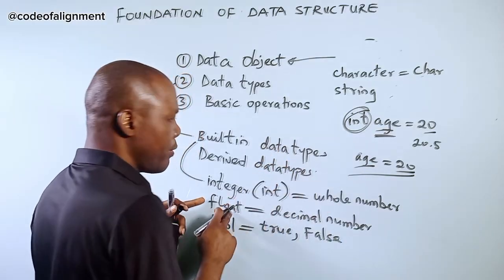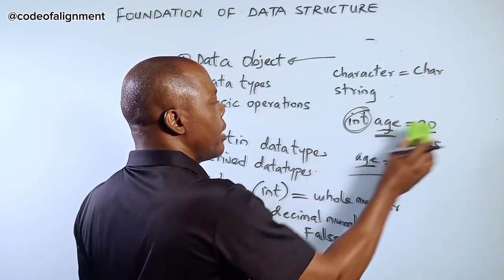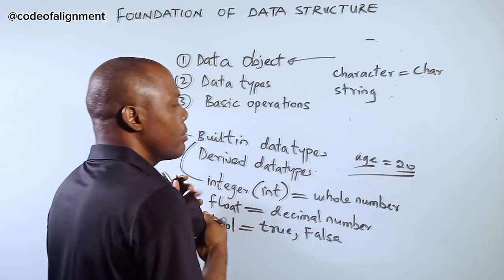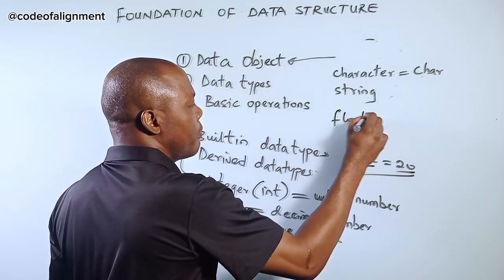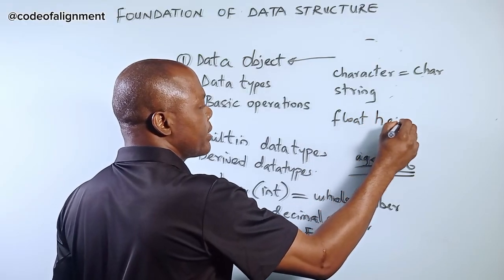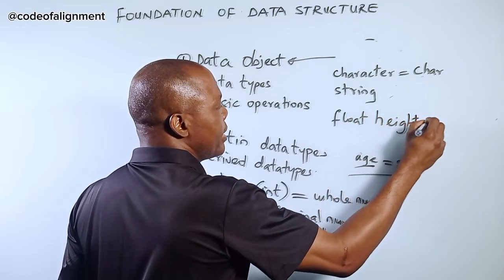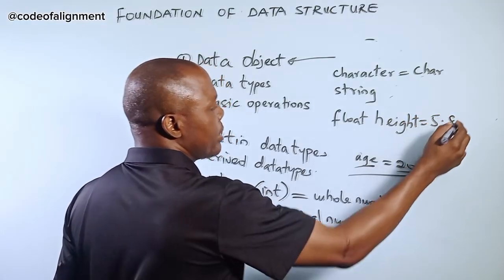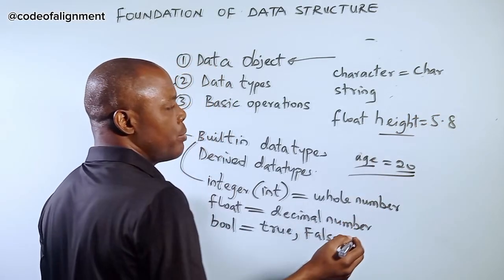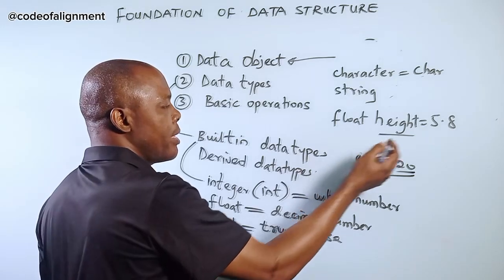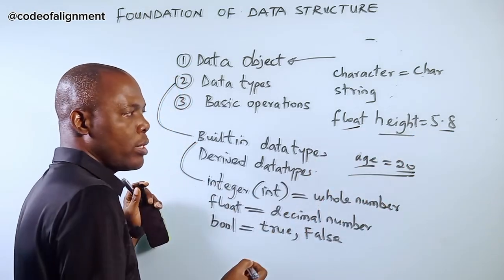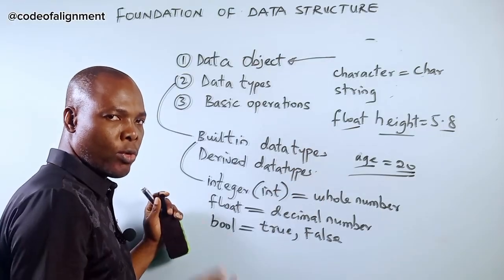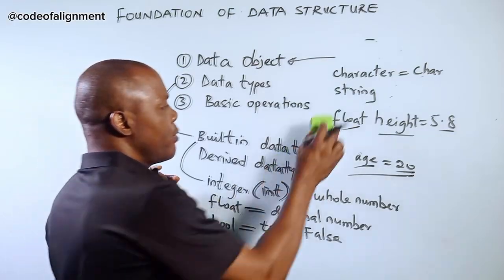Now, float, for float, we can say height, right? And then we say 5.8. So this is the variable name, which is the field name, and then this is the data that will be stored in it based on this nature, that is the data type, which is what? Float. Then we have bool,